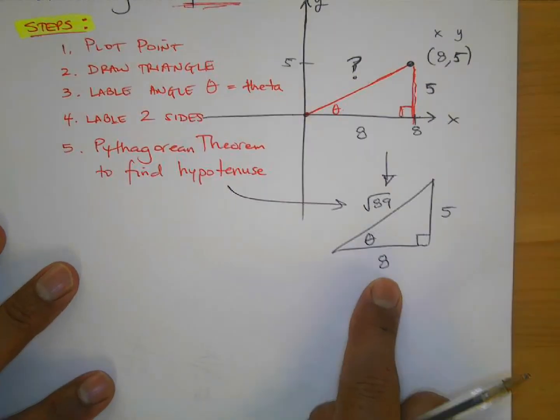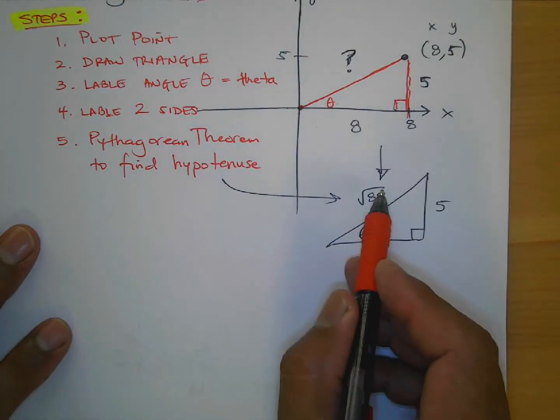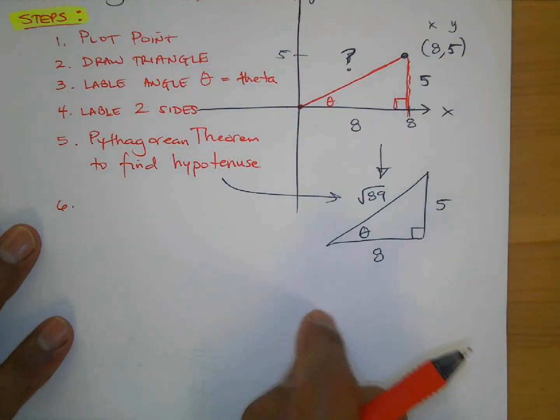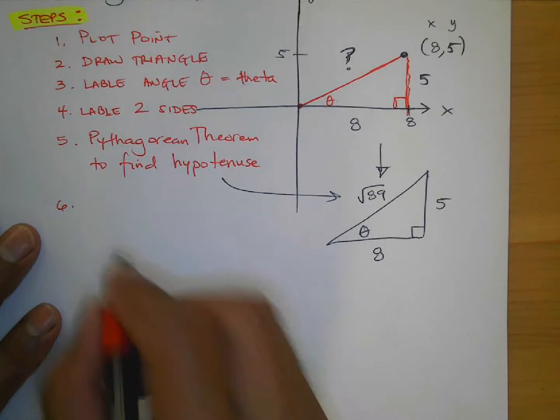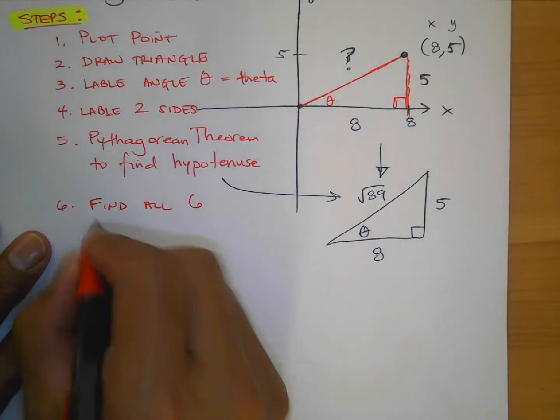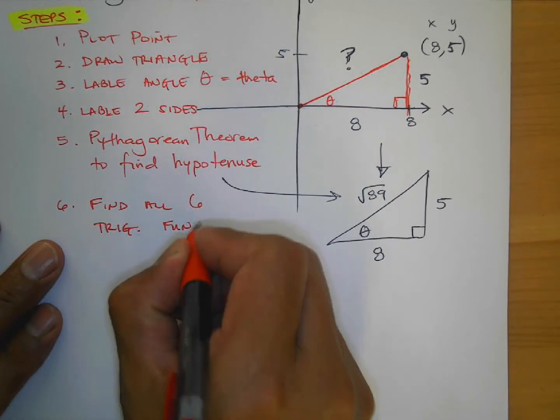And once you have all three sides, once you find this hypotenuse, then the last step is, all the parts are there. You got it. Now you find all 6 trig functions. Find all 6 trigonometric functions,